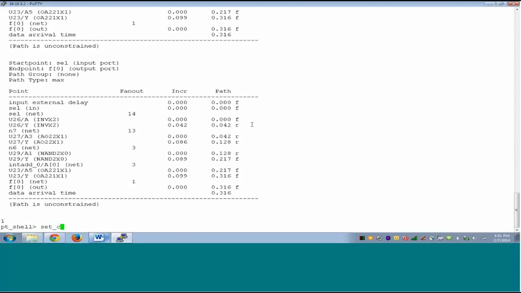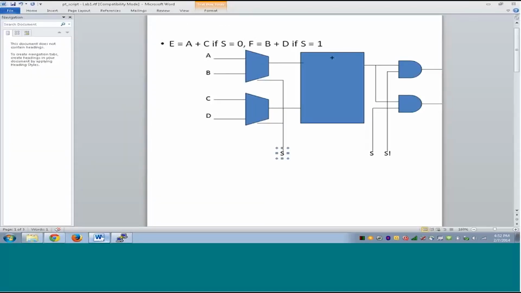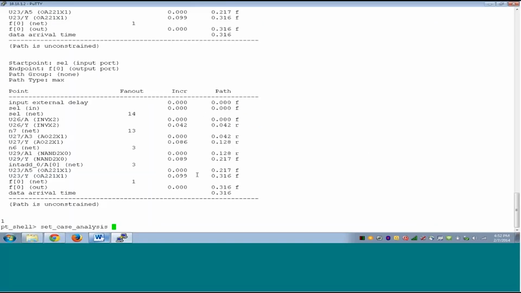What we will do now is try and report timing for both the cases individually. For the first case, where select is 0, F will be disabled. There will be paths from A and C, so the path will be from A and C to E. F will be 0, and obviously B and D will be blocked. So we will set case analysis 0 on get_cells